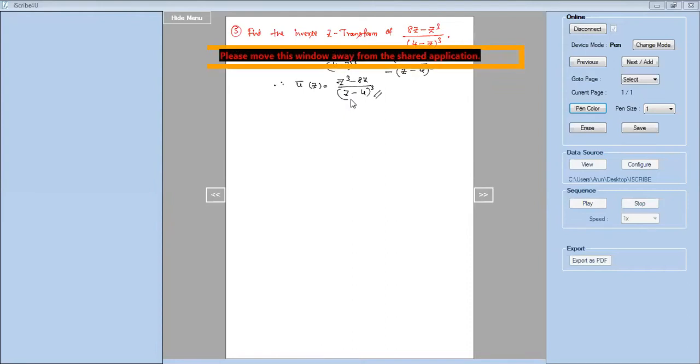Now if you look at this problem, in the denominator you have repeated factors, linear only. The power of z is 1, which means it is a linear term. But here you have the power 3, z minus 4 whole cube, which means z minus 4 into z minus 4 into z minus 4. So it is a linear repeated factor. Once you have a linear repeated factor, you know how to resolve that into partial fractions. Once you resolve it, you have to find the inverse z transform.